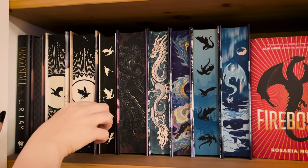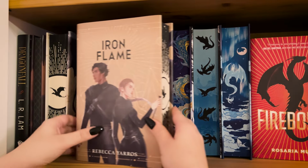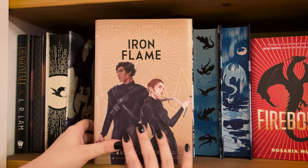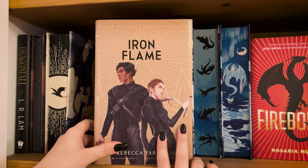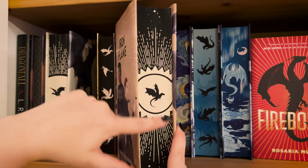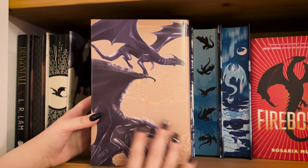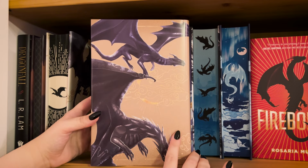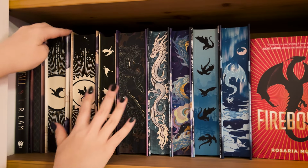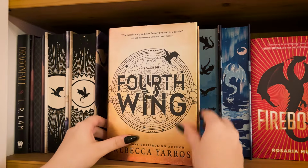And then moving on to Iron Flame. So this obviously matches the first book, but we have a little bit of a different design for the character art dust jacket, and then a little bit different design on the sprayed edge, and then just two of the dragons on the back. The next book on this shelf is my first printing of Fourth Wing, and this is